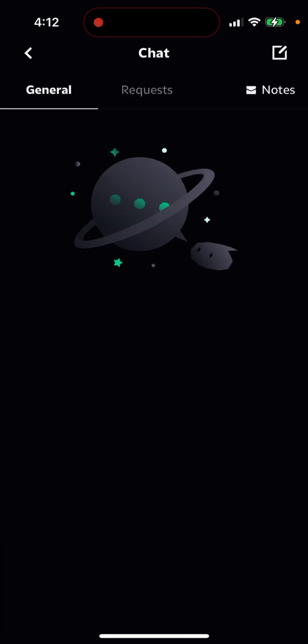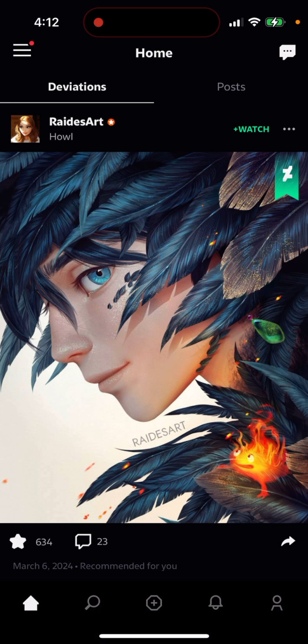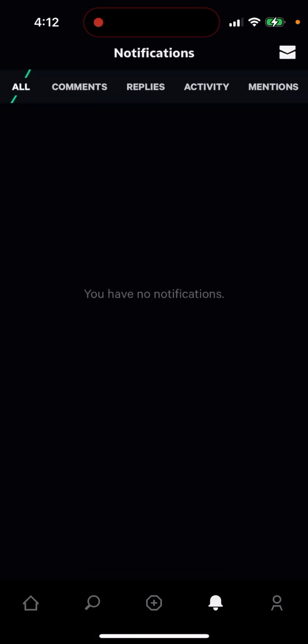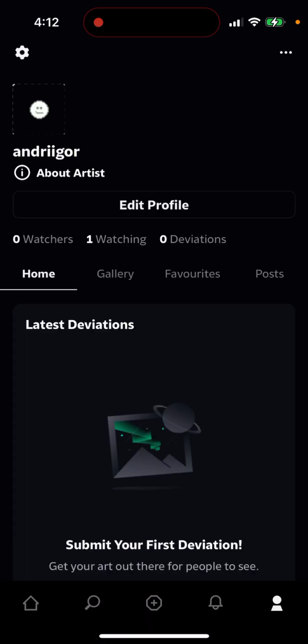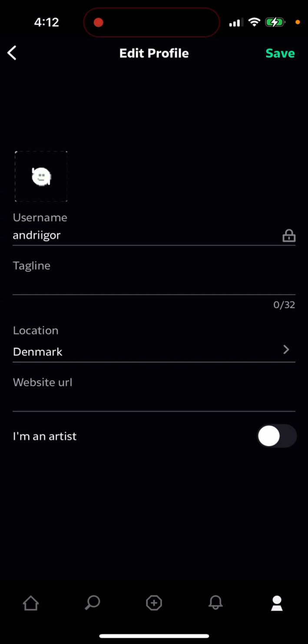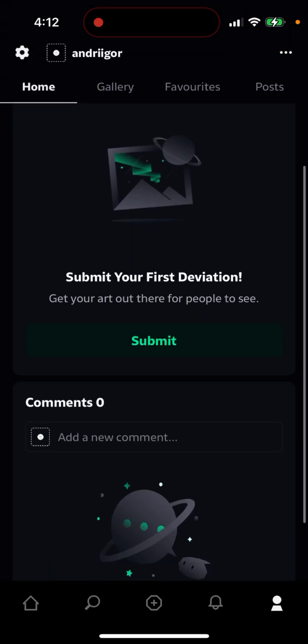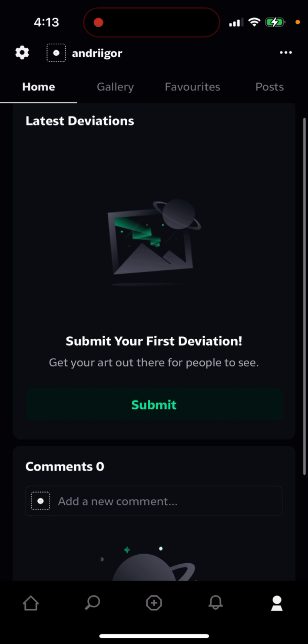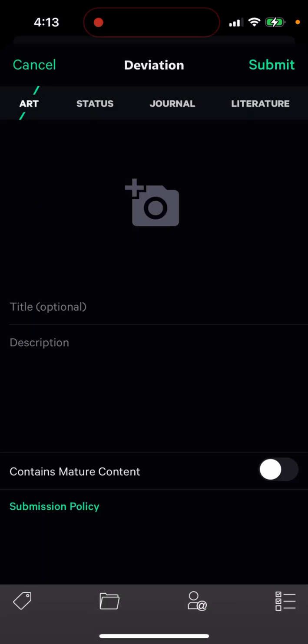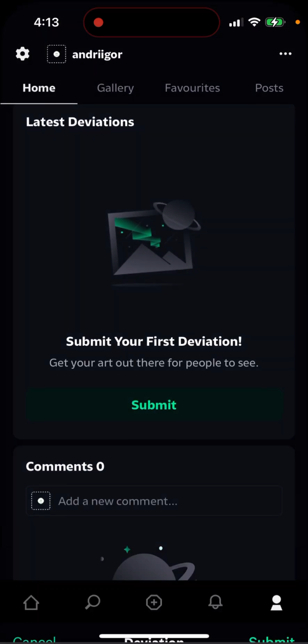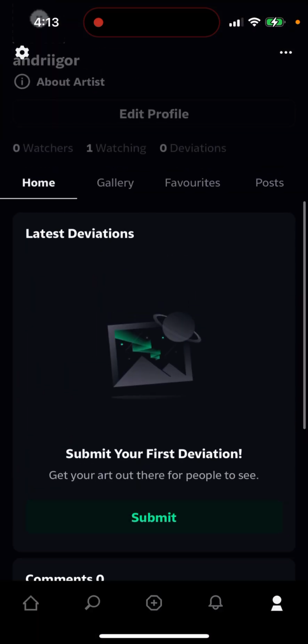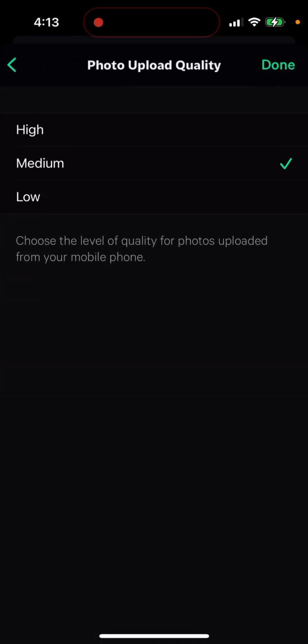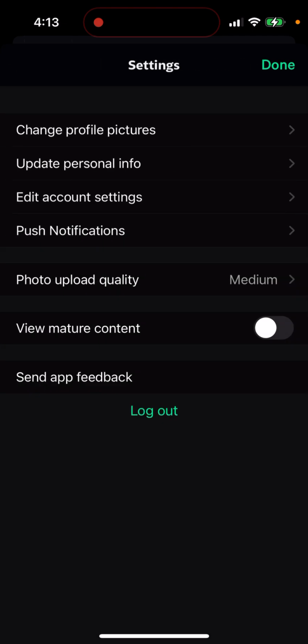Then you have also your chat, request chat, then you have notifications, then you have your account. You can edit your profile, website URL, submit your first deviation. So if you want, you can just post it here: status, journal, or literature. So whatever you have here, and that's how you create a post. Photo upload quality high, just to make sure that you upload the highest quality photos here,